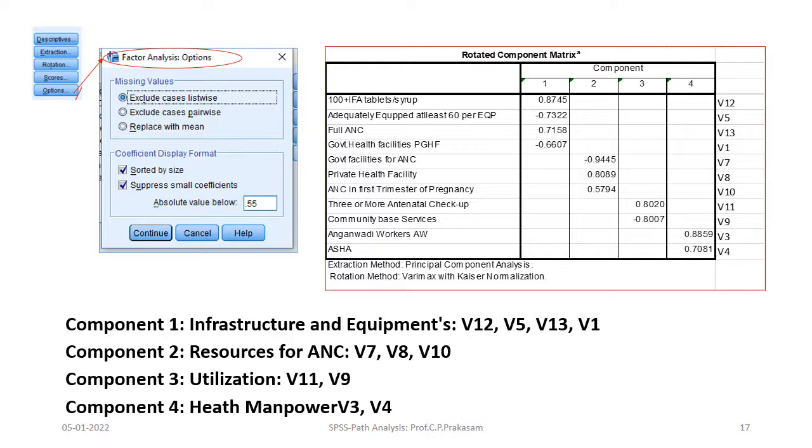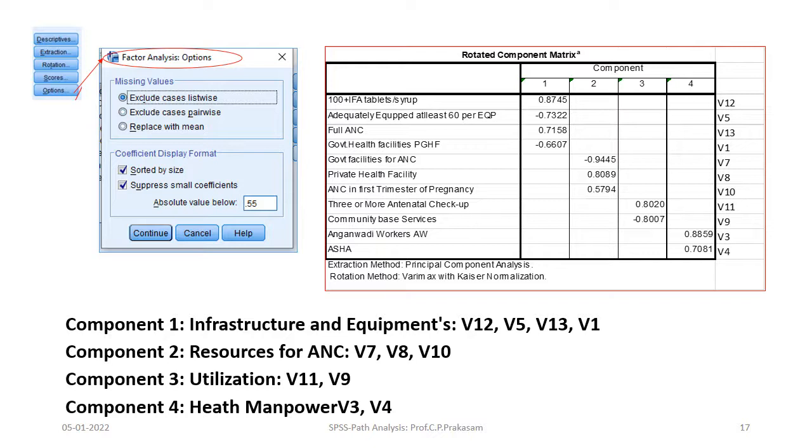By examining the variables, 100 plus tablets and adequate equipment, full ANC, government hospital facilities, a researcher has to decide what name to give this set of 4 variables in one factor. The name given is infrastructure and equipment, that is V12, V5, V13 and V1.